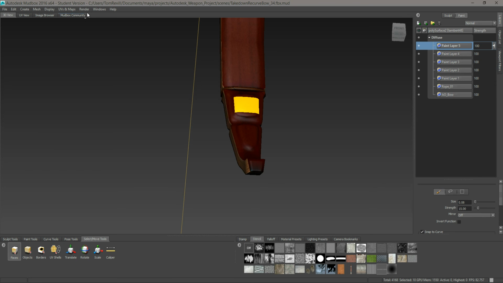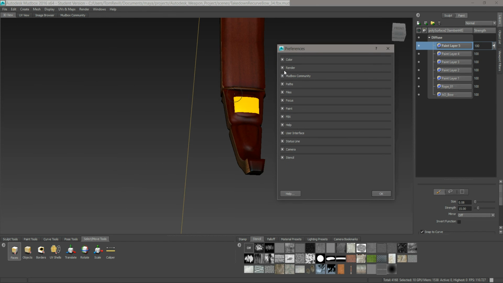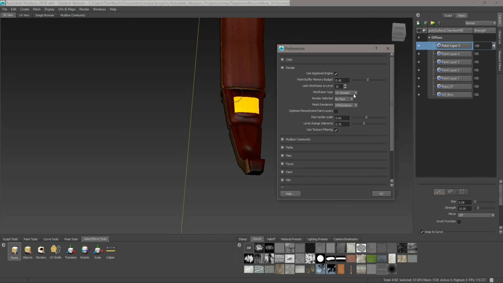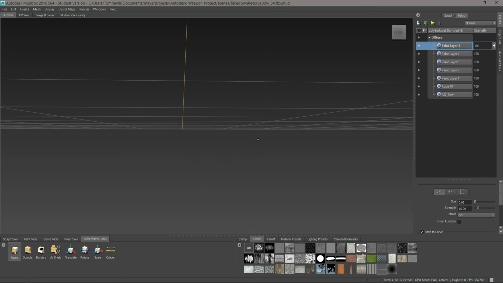Now, typically, it's a different technique that's been used here. If you go into a different selection mode, and go into render, there will be a render selected using by face, and this typically has been done by vertex. As you can see, if I select this, it ends up looking like this. I find that a little bit inaccurate, so I always like to use by face. This allows us, using the select move tools, to actually select the face. Now this allows us to quickly isolate a face, so I'm just going to move it back